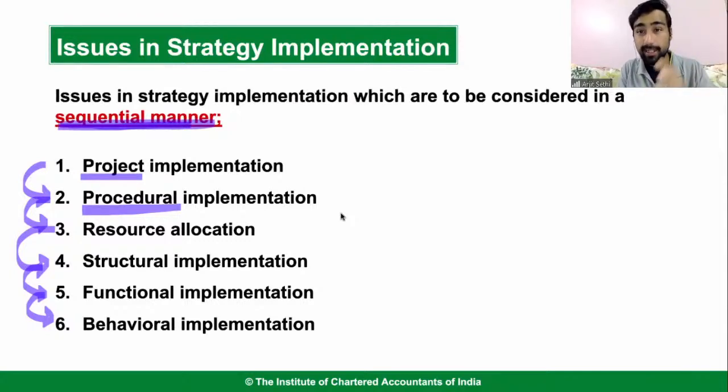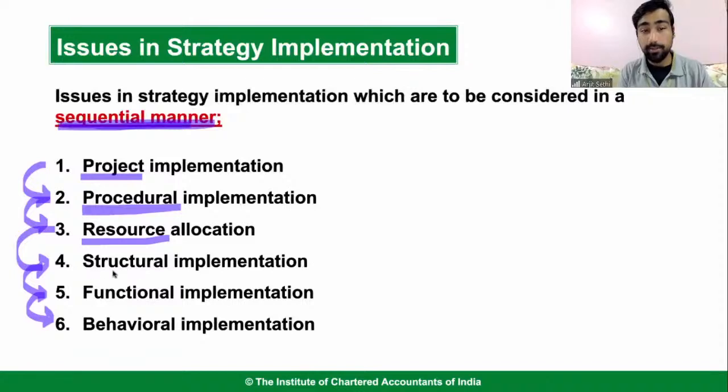कि कहाँ से कितने लोग चाहिए होंगे, कितना पैसा चाहिए होगा. Like, this is what I want. This is to implement a strategy. I need this. I need 10 people. I need 20 people. I need 2 factories. I need 10 crore rupees for marketing. I need this money. I need supply chain partners. I need distributors. All these things, right? Then you go on to resource allocation.